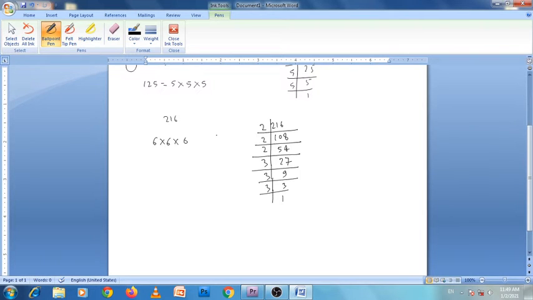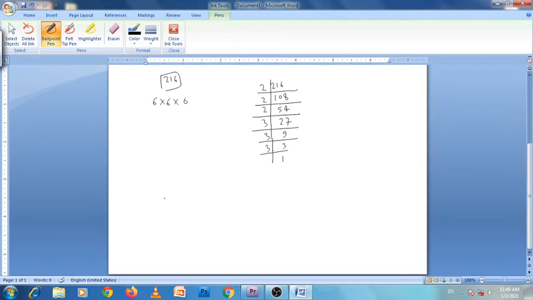And so this is a perfect cube. 125 is a perfect cube. In the same way check other numbers also. And next question,